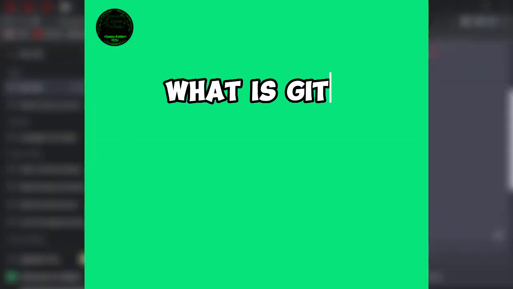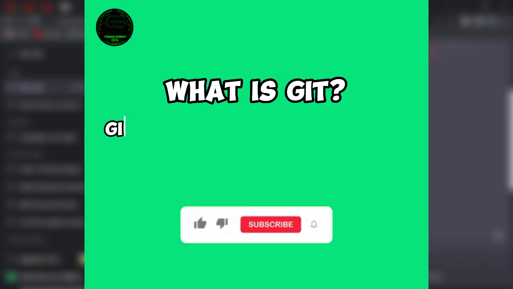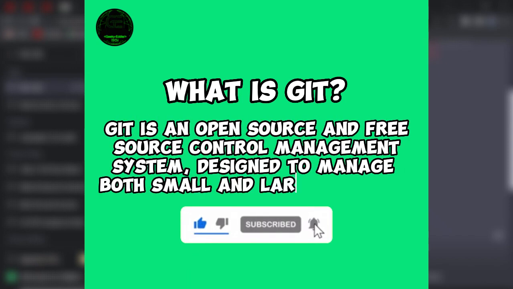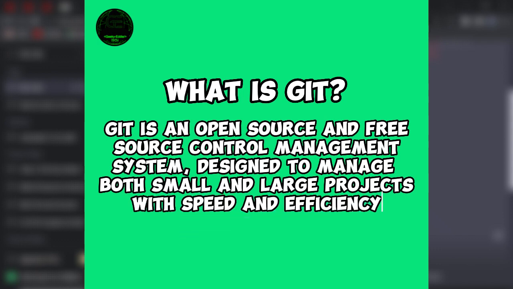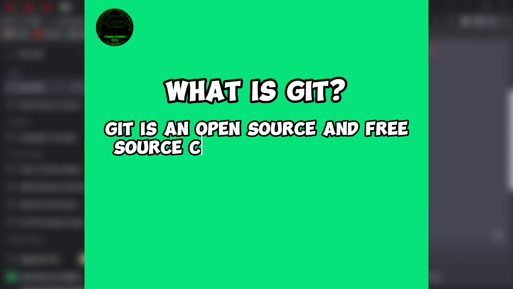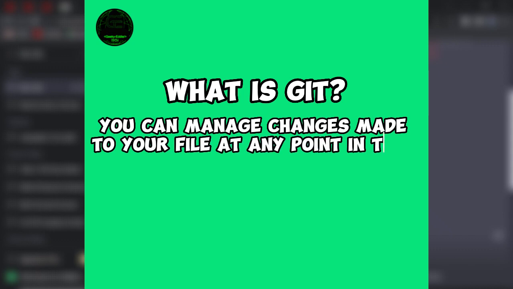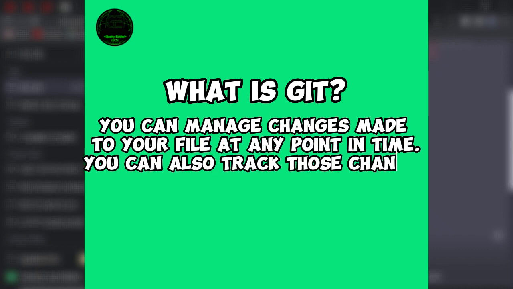What is Git? Git is an open source and free source control management system designed to manage everything from small to very large projects with speed and efficiency. You can manage changes made to your file at any given time, and you can also track those changes. So to put this plainly,